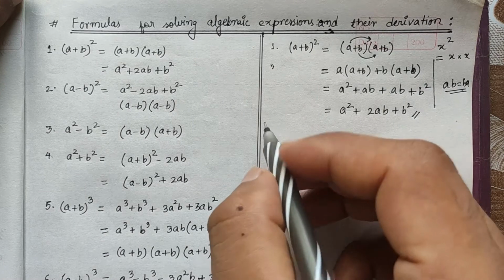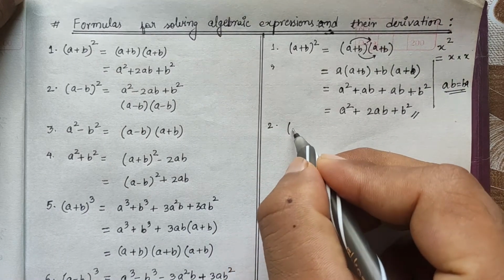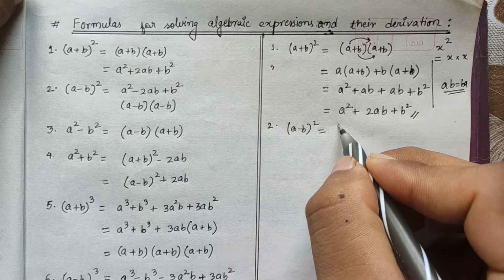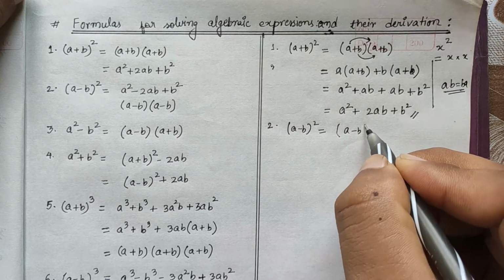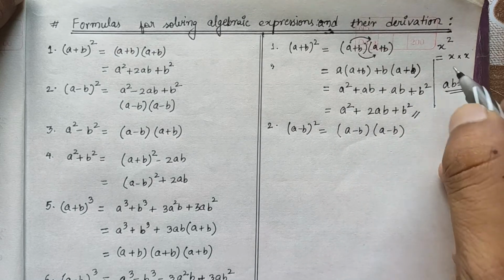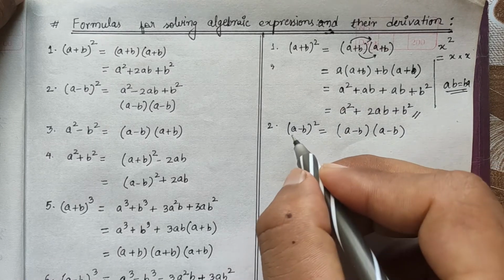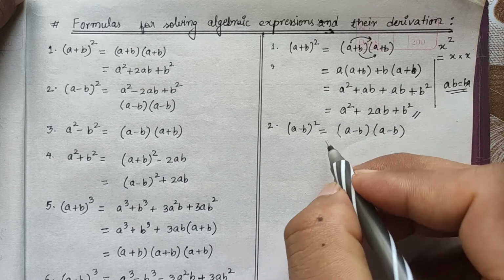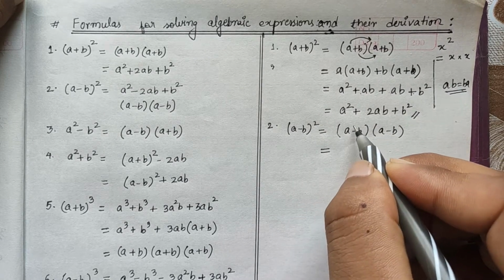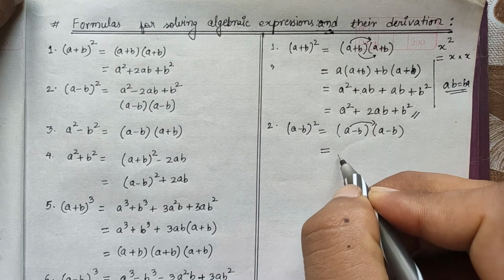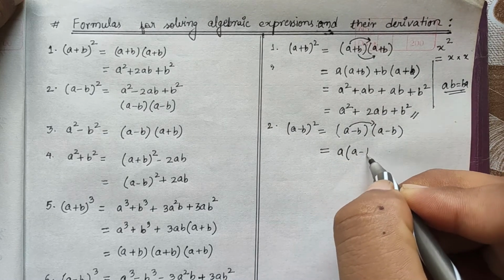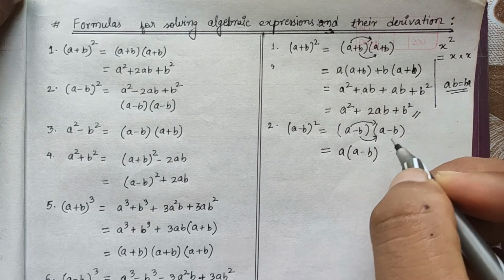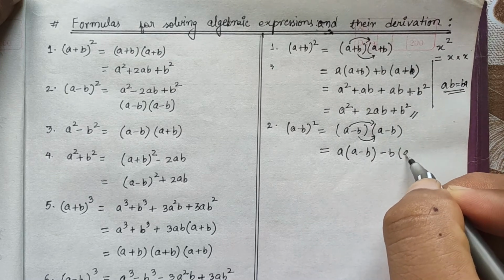Okay, now we will move on to the second formula, that is a minus b whole square. Similarly we can write it in factorized form, that is a minus b times a minus b. As with the first one, let this term be x, so x times x is x square. Now we have to multiply this a with this one. Okay, so a times a minus b. Now this is minus b, we have to multiply this minus b with this whole. Okay, so minus b times a minus b,